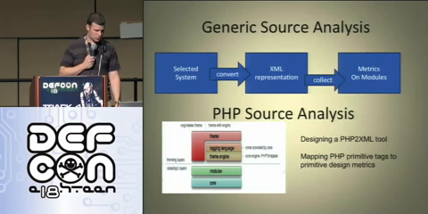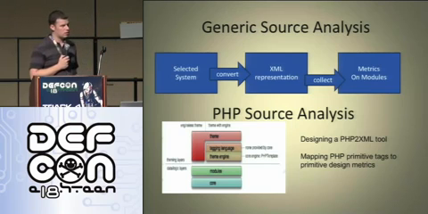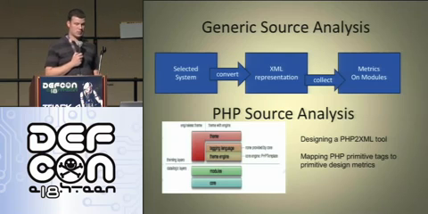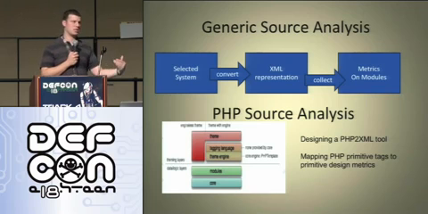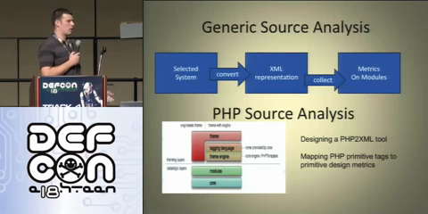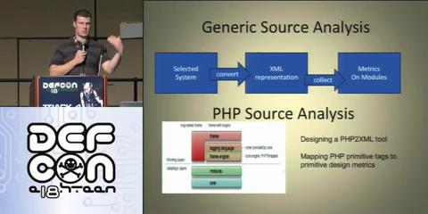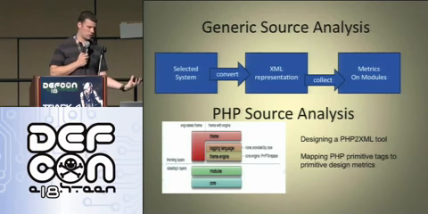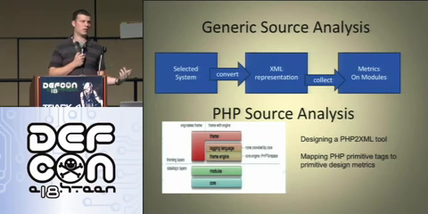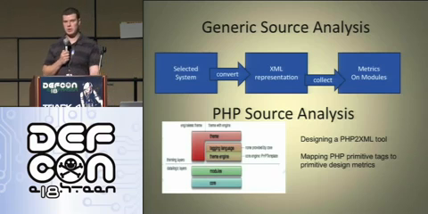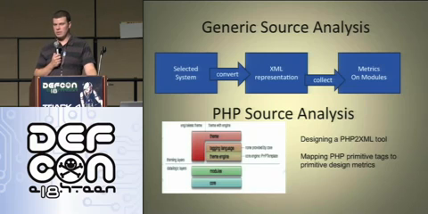On our PHP source code analysis, Dolores is still designing the PHP to XML tool. We have this XML definition, a generic definition. So let's say you had C or Java or PHP or Perl or whatever. Instead of scanning through Perl directly, you have a parser that converts it into a standard XML definition, and then the metrics are run on that. So if we need to add a new language for our metrics, we just write a new parser that converts it over to this XML definition. That way we're not language specific.